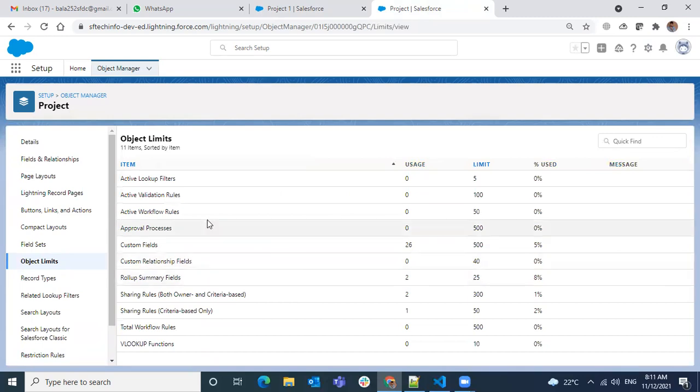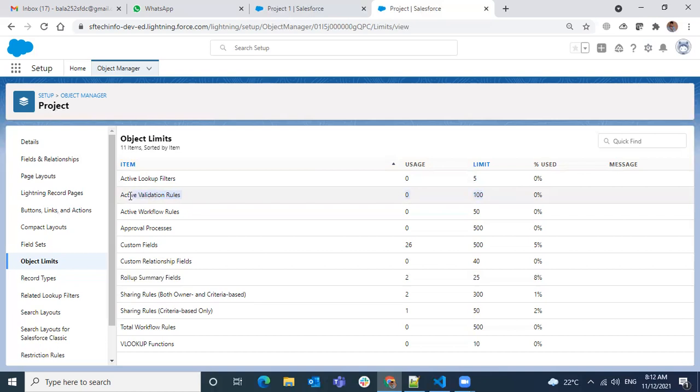Active validation rules has to be 100. This is for developer edition, and I would like you to check what in general the Salesforce limitation is on validation rules. How many validation rules can we write on a single object?